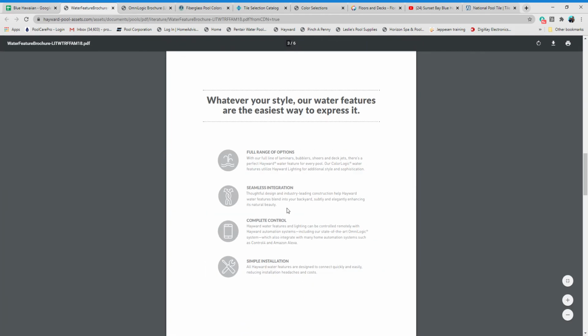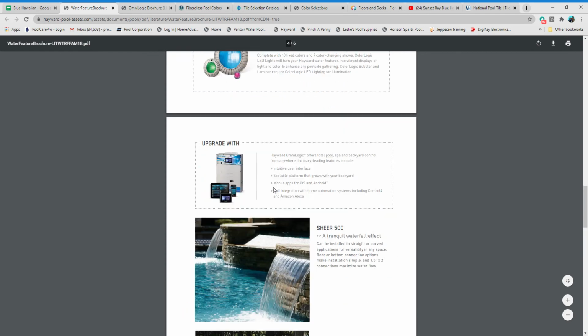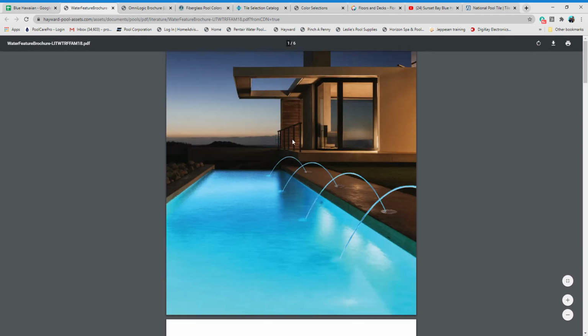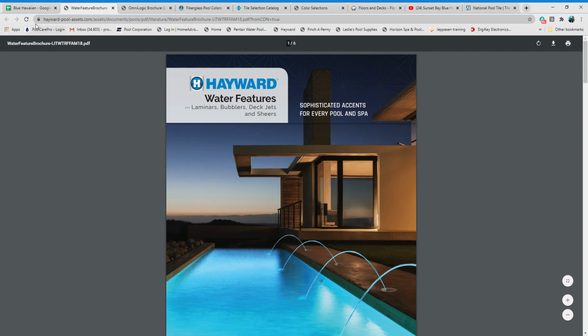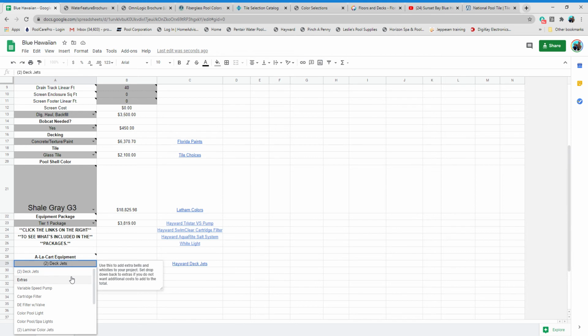And if you look down here in the bottom, this deck jet 500, it doesn't have a light on it, it just squirts water into the pool. It's still a cool feature, but it's not these other lights that show up at the top. That is a different one, and I'll show you that later. We'll come back to that, and I'll just show you right now. That's this laminar color jets. Okay, so